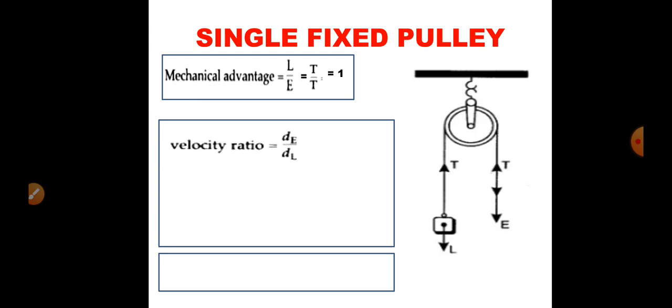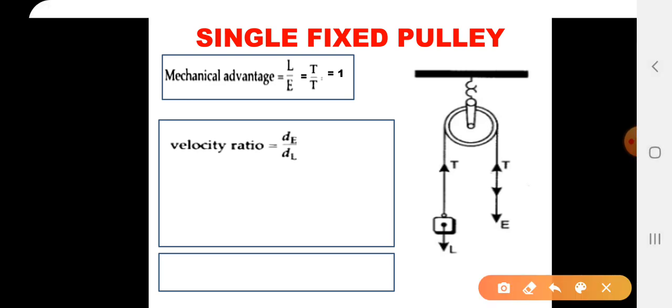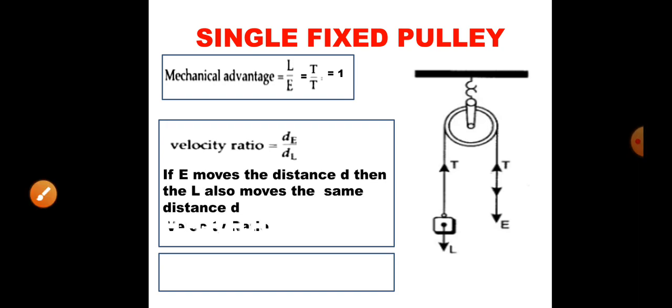The next one is the velocity ratio. Velocity ratio is nothing but distance travelled by effort to distance travelled by load, as we have already discussed in terms related to machine. In this pulley system, you can see the distance travelled by the load will be always equal to distance travelled by effort. Why? Because it is a single fixed pulley. How much height the load will be lifted, so much distance the effort will move. So it is given by D divided by D. Distance travelled by effort will be D. Distance travelled by load will also be D. So we will get the answer 1.